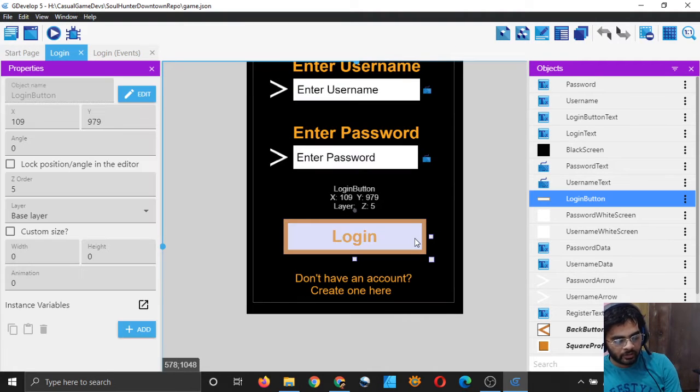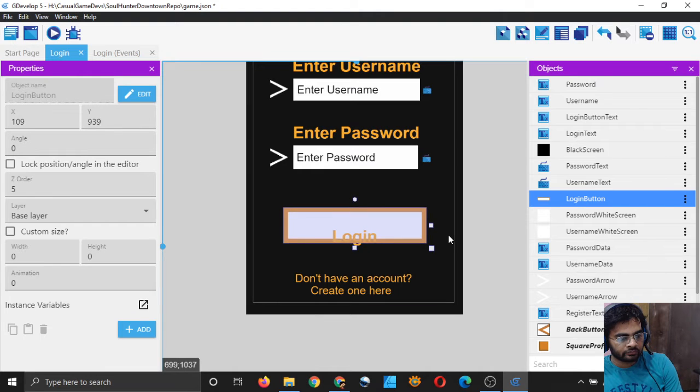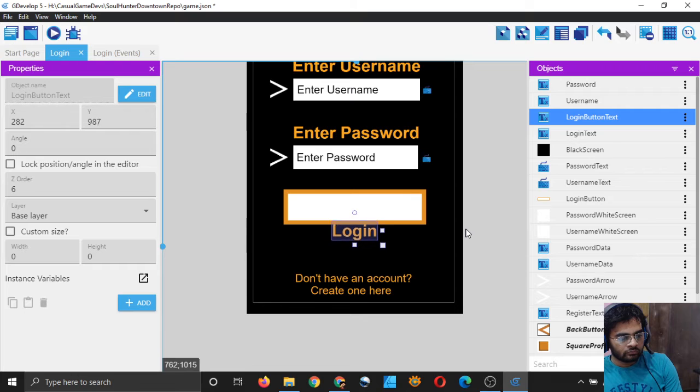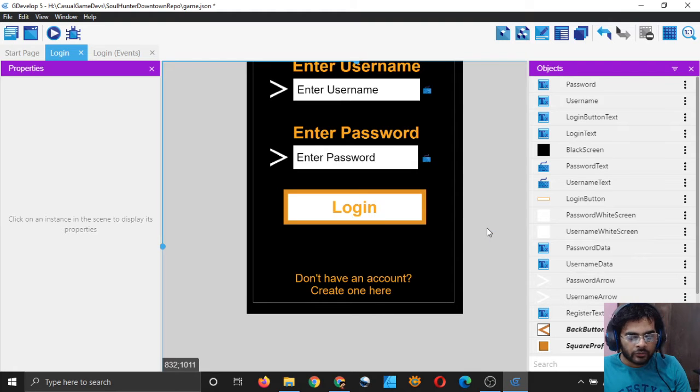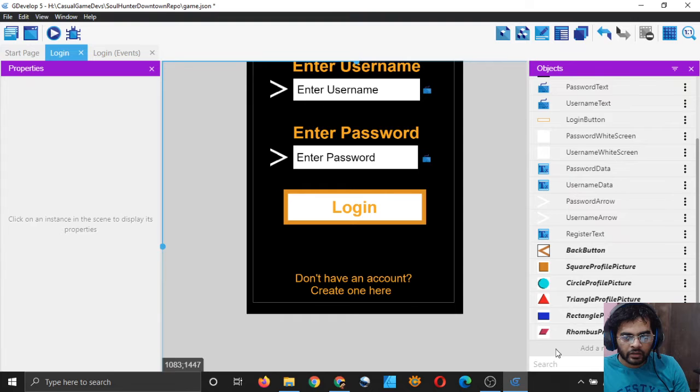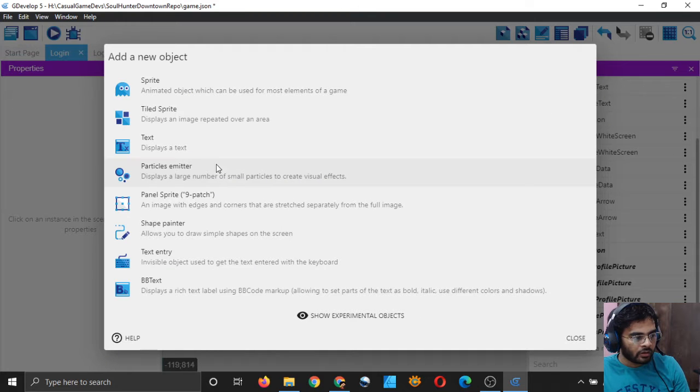I will shift this button a little bit above, and I will shift the text also a little bit above, and that's good. So I will need another text object, so I will make one, add a new object, and text.